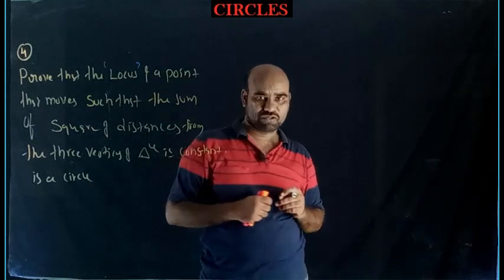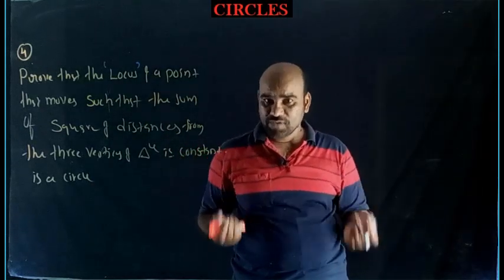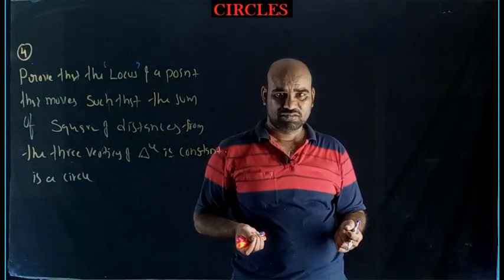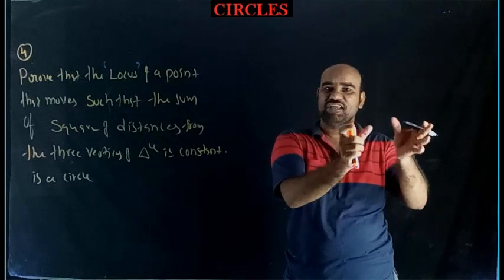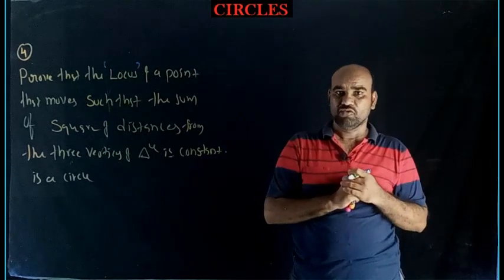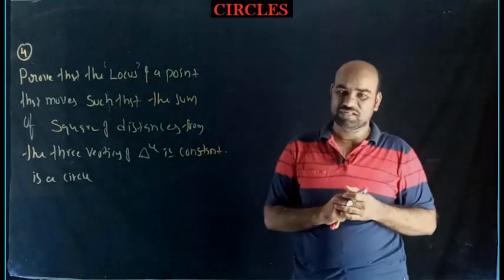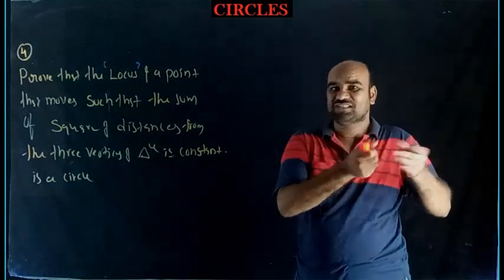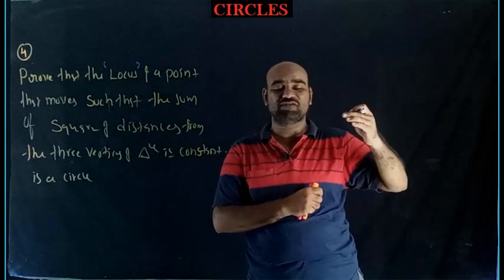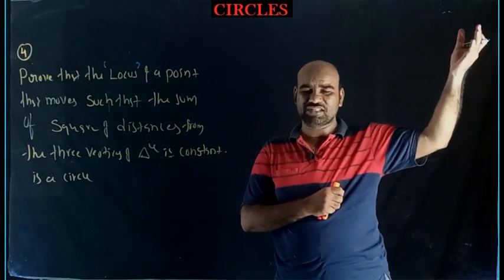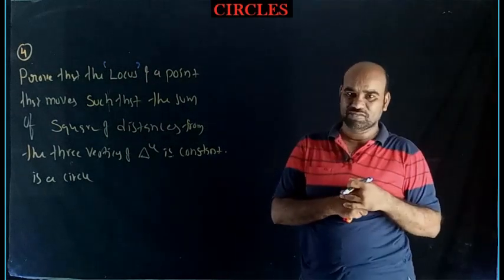One important note: while solving problems on the coordinate plane, you want to choose a fixed triangle, a special triangle on the coordinate plane. You want to choose a special circle, which means a basic circle. If the basic circle is translated, the origin shifted to some other point, say minus g, minus f, then the basic circle will become a general circle only.